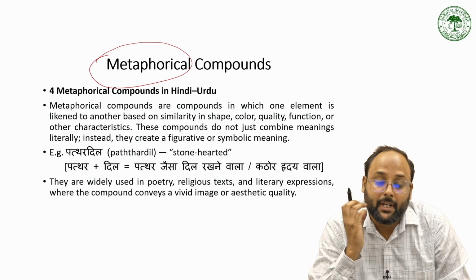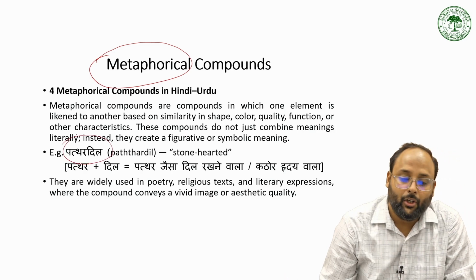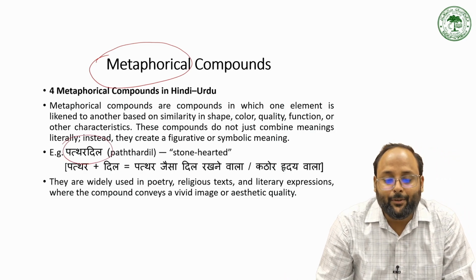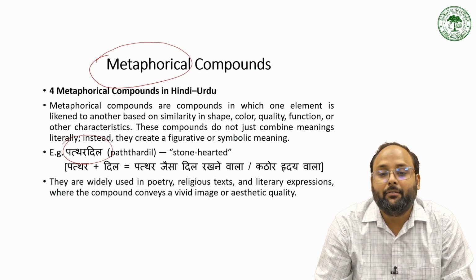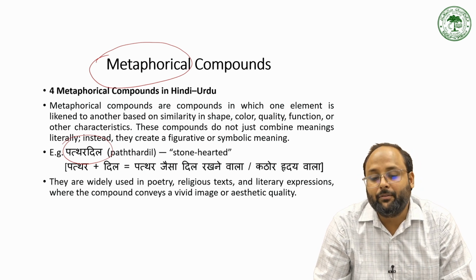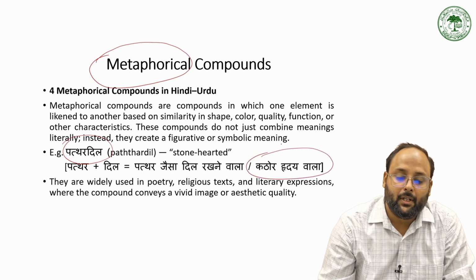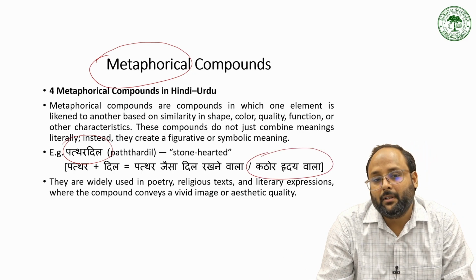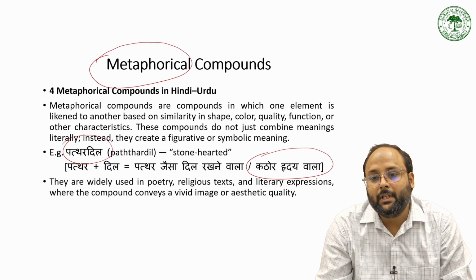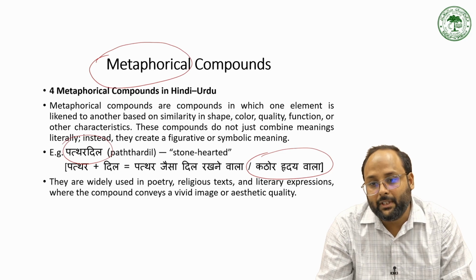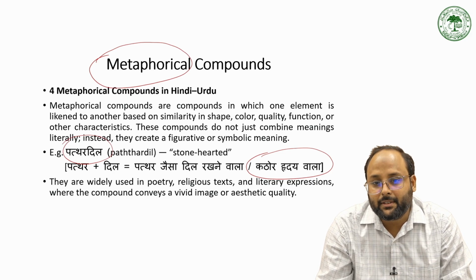We have an example of a metaphorical compound, patthar dil. The literal meaning of patthar dil is stone hearted. But what is the actual meaning of this metaphorical compound? It means कठोर हृदय वाला, पत्थर जैसे दिल रखने वाला. So it gives the meaning of something which has a kathor dil, means someone has the quality of hardness,